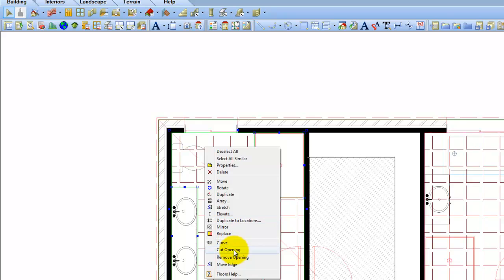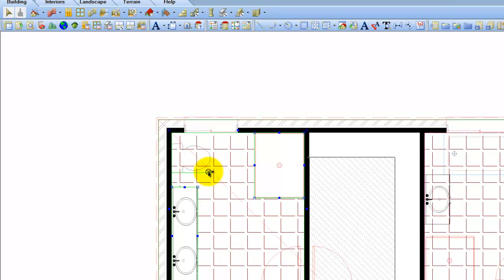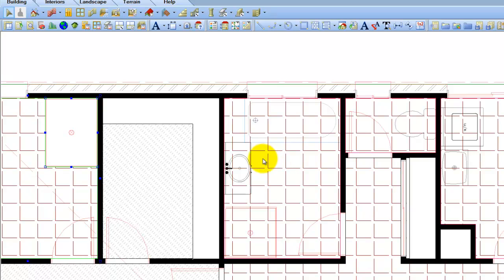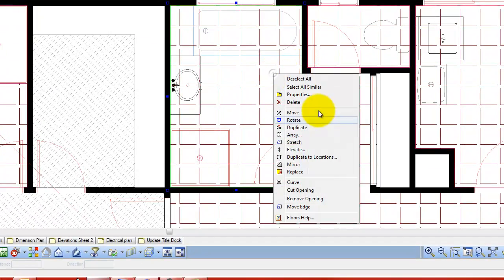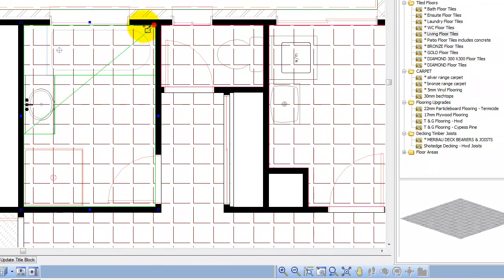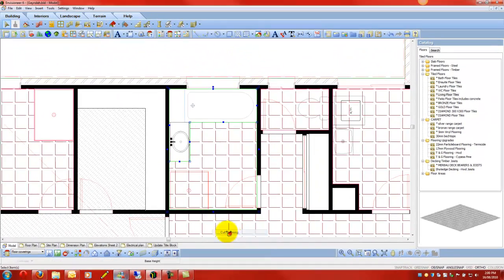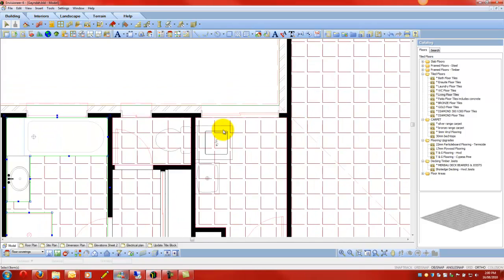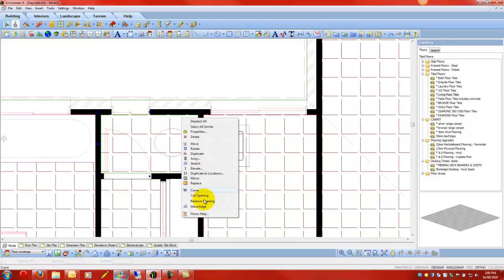Toilet, same again, right click, cut opening, around here, toilet's done. Come to the bathroom, you must select the bathroom first, right click, cut opening, around it all, finish, right click, cut opening, around there, finish, right click, cut opening,